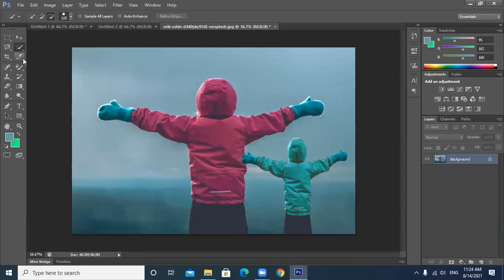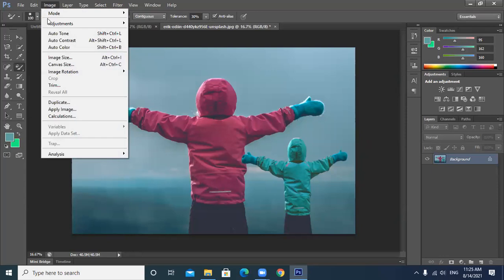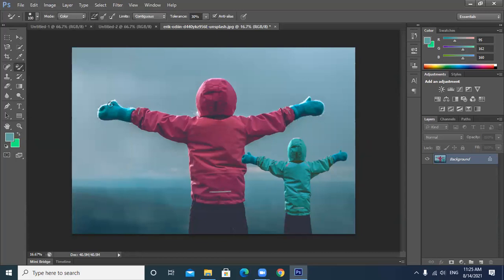One way is you use the color replacement tool and then जो भी color आपका foreground में selected रहेगा, by taking the sample pixel, you can apply the color using a brush within a selection. The second way: image, adjustments, and then the replace color dialog box will open and then you have to choose the sample pixels. Once again, add to the selection whatever colors you want to choose, and the colors can be applied.